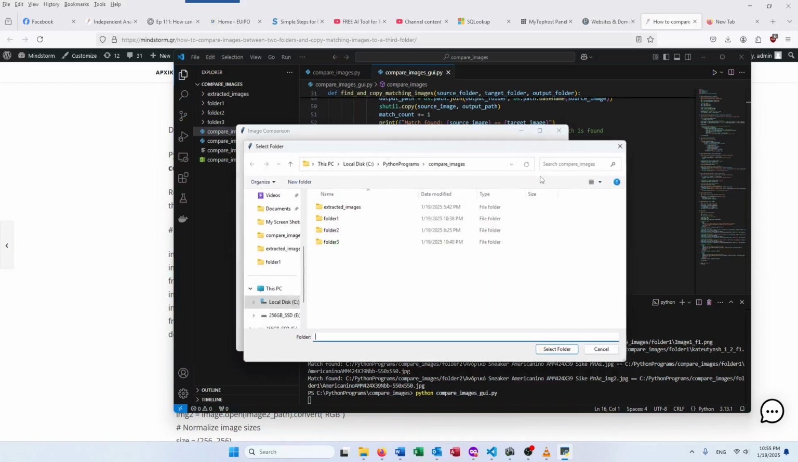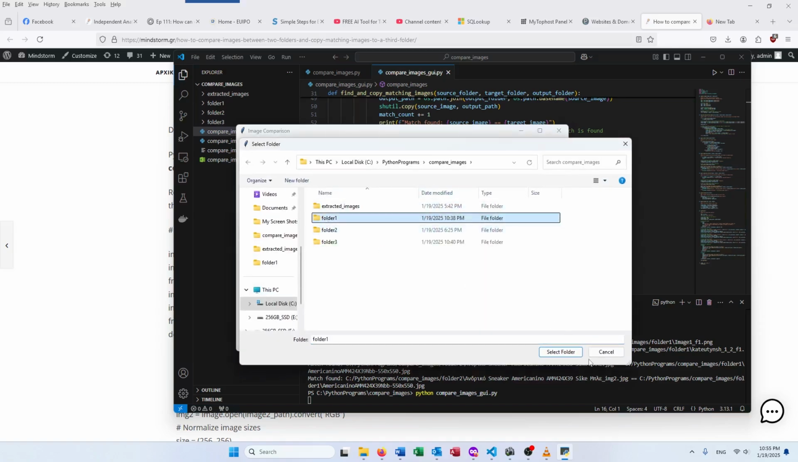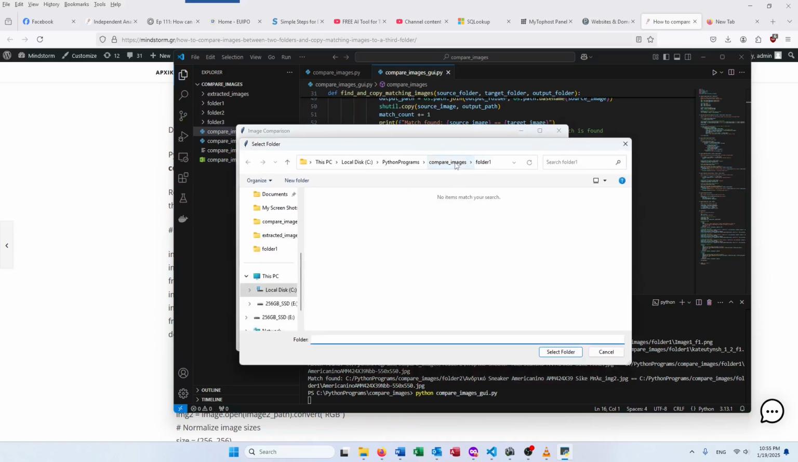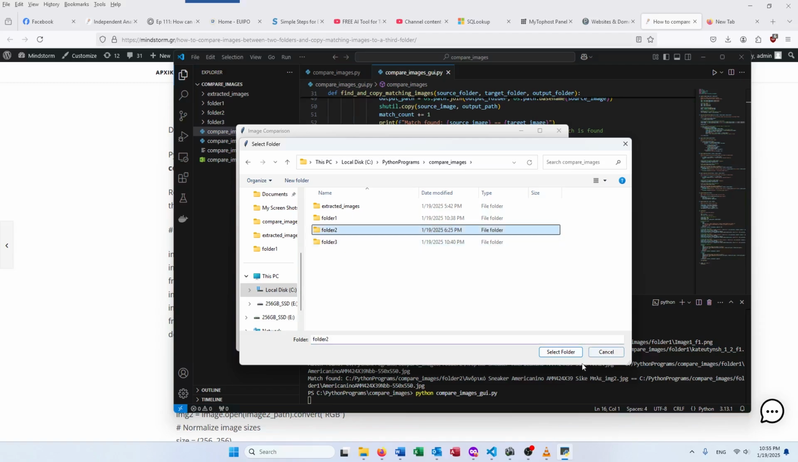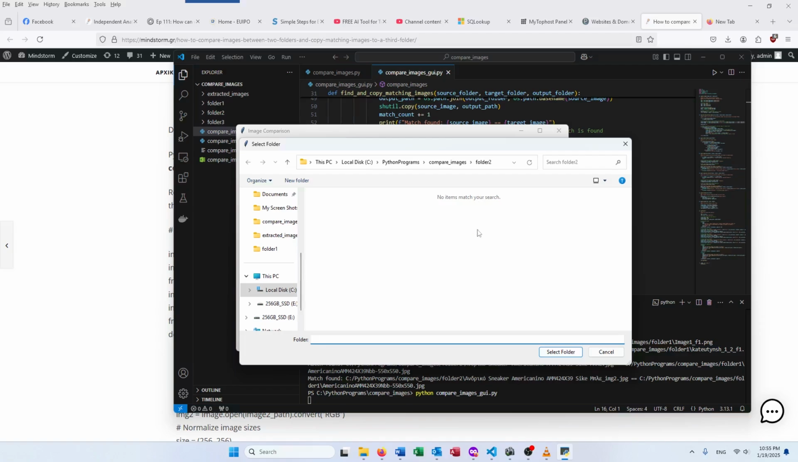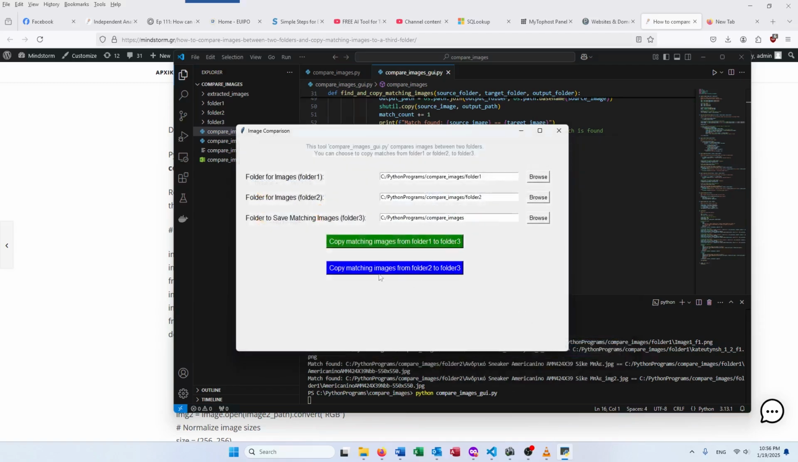and here we choose the first folder, which is this one, the second folder, which is this one, and the output folder, which is gonna be inside compare images select folder. So right now what's gonna happen is, if we press copy matching images from folder 1 to folder 3,